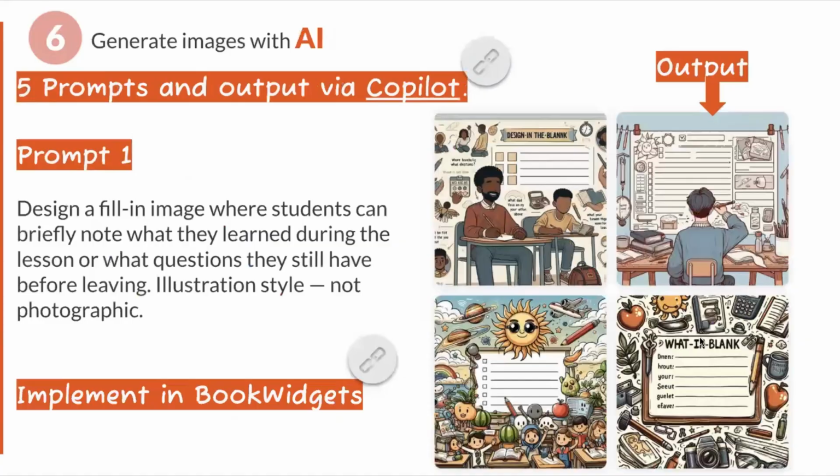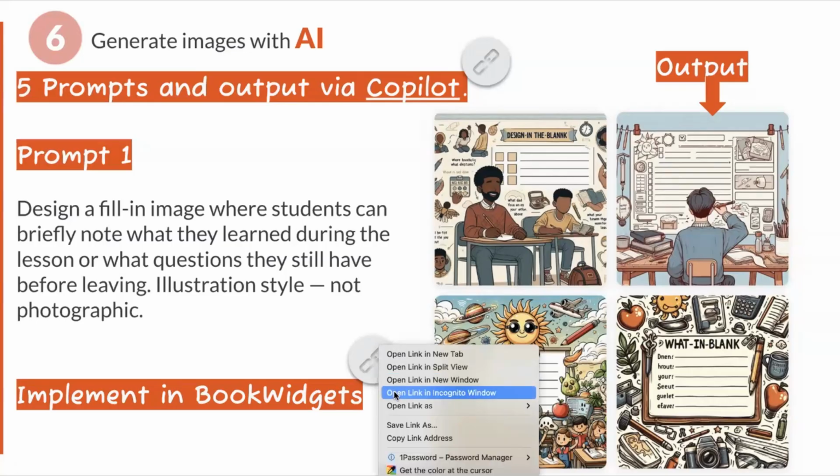And then last interesting thing here is about using AI. So you could generate images with AI, of course. We give you some different prompts here. So, if you're using Copilot or any of your other AI tools, you can copy paste this prompt, and then to see it in BookWidgets,